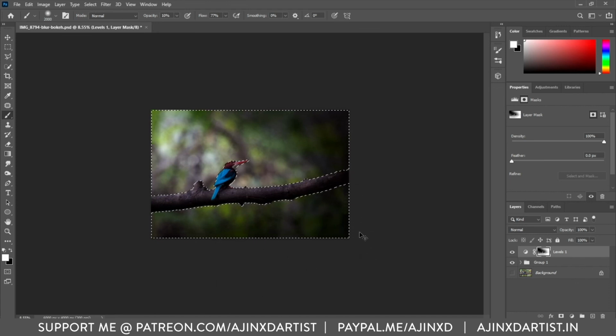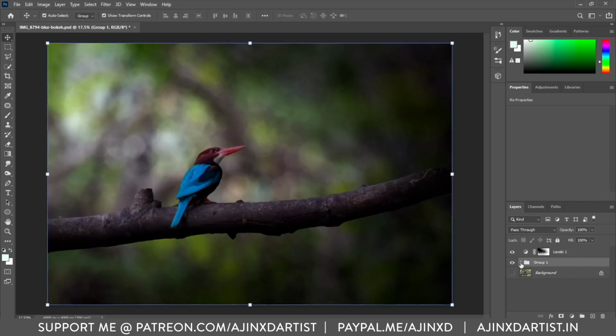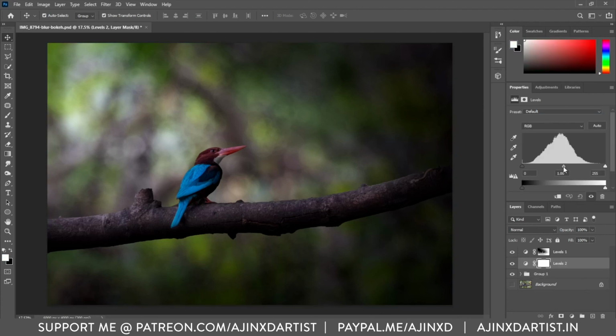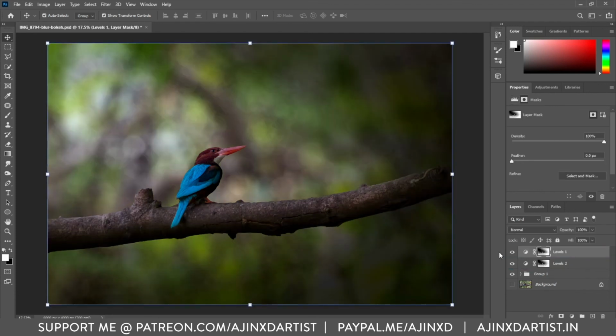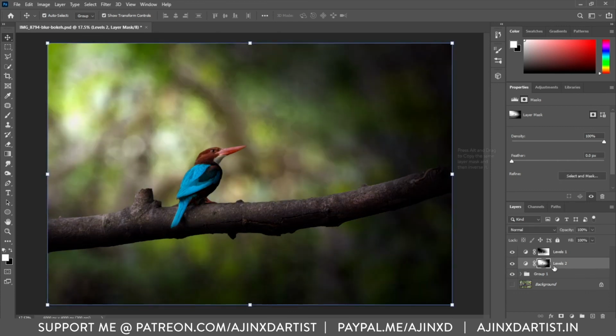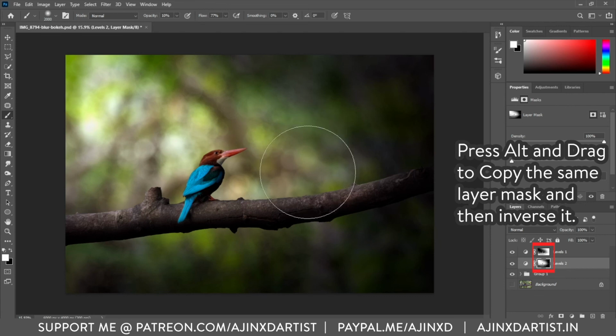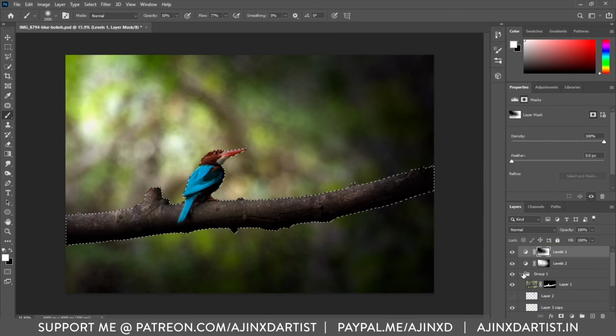I'm adding another levels effect to the entire image now. Going in the drop down, selecting the blue channel, I can add some yellows to it. That way the image looks more sunny and more natural. Now you can add the same layer masks to the second levels adjustment that you have applied. That way only that part of the image gets affected which you originally intended.